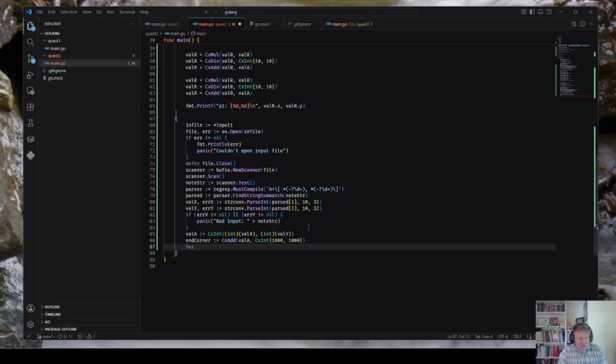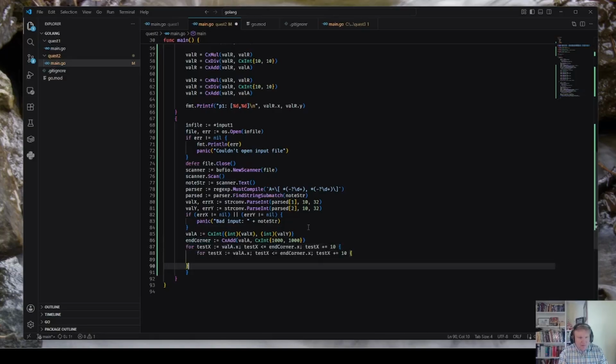for test x colon equals val a dot x, test x less than or equal to end corner dot x, test x plus equals 10, and same for test y. Test y, y, y, y, test y. Okay, then